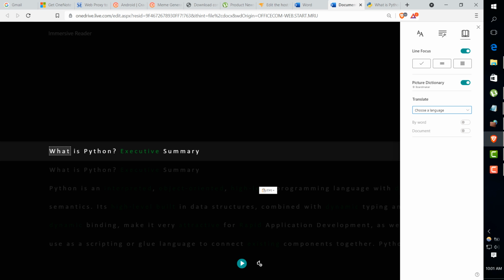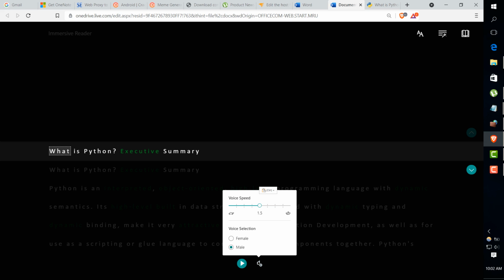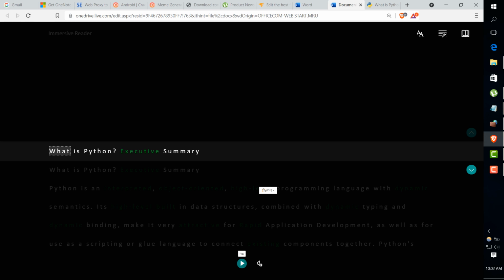So I selected it here, and I can select the language also from here, whichever language I want to translate. This I haven't experimented with too much, but the rest of the features I have used. It's really good. Another option is that if you go to this option, you can actually change the male or female voice, and you can speed up the voice as well. So I listen at 1.75, which is very natural to me now. So if I go back here and I just click on play,